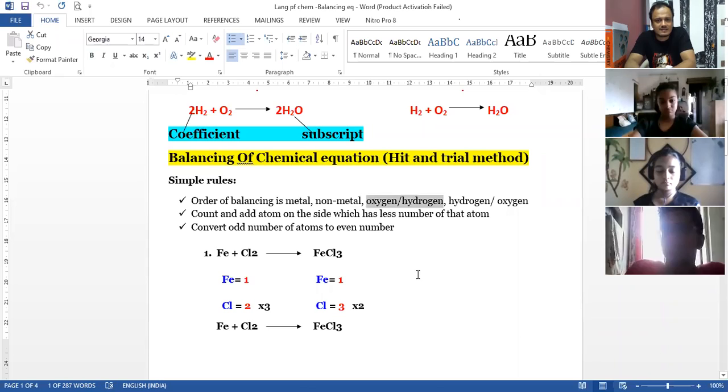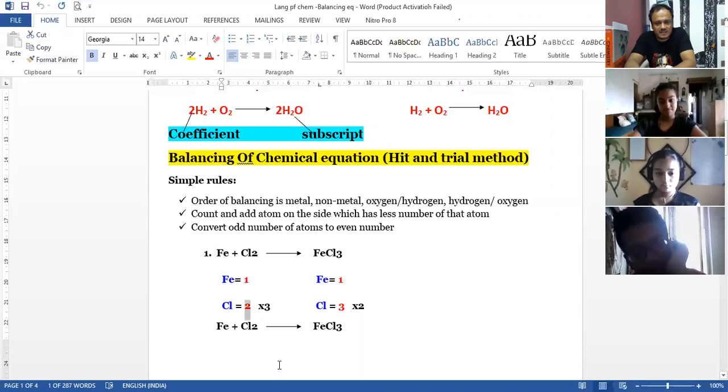Okay, so this was done in class, right? So I'll take a simple example which is solved in front of you, which is iron plus chlorine gives you iron chloride. So that is Fe plus Cl2 giving you FeCl3. This is the simplest way of balancing an equation. What you do is you write down the elements on both sides of the equation, that is left hand side and right hand side, and you write down the number of atoms of that element in the equation. So Fe has one atom on the left hand side and Cl has two atoms. On the right hand side, we have one atom of Fe and three atoms of chlorine.